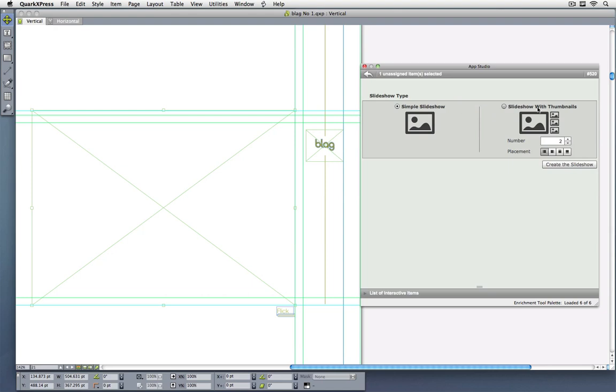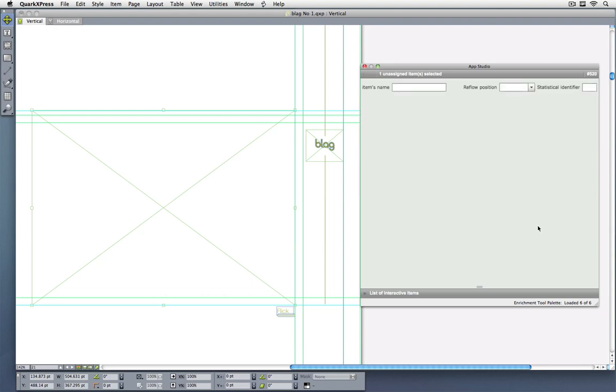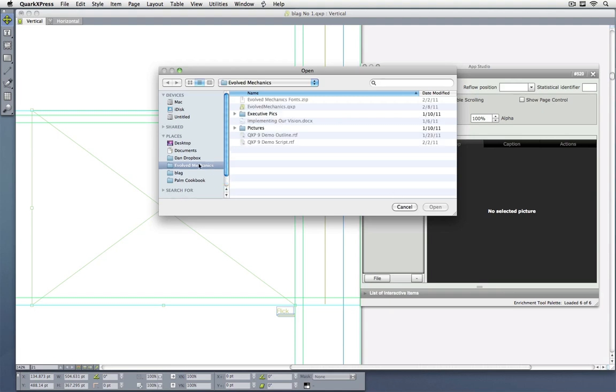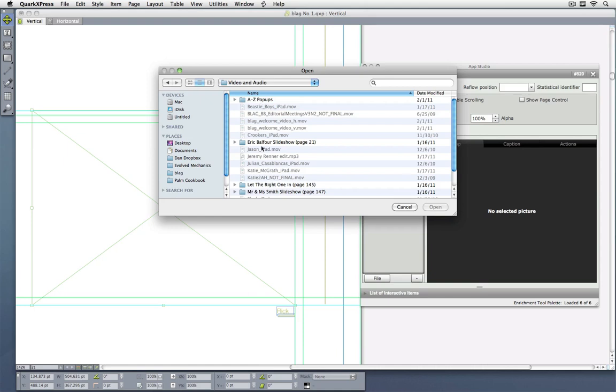We just want a simple slideshow. We could also do slideshow with thumbnails. In this case, we only have 3 images, so we'll do a simple one. For each interactive behavior, there are basically 2 things you need to do. The first is to point to the source of the content for that multimedia. So in this case, we want to find the images for our slideshow. So we'll just click the File button, find our pictures,